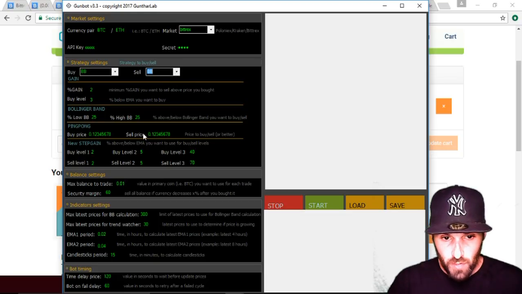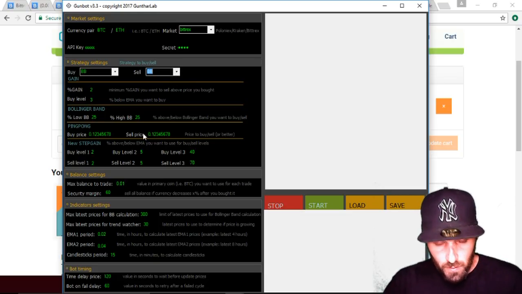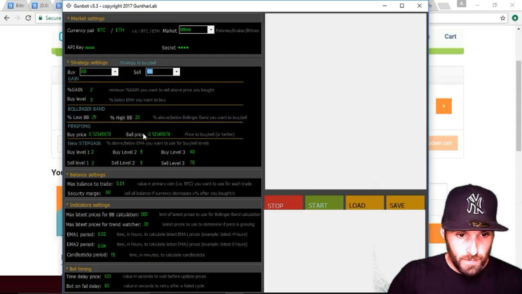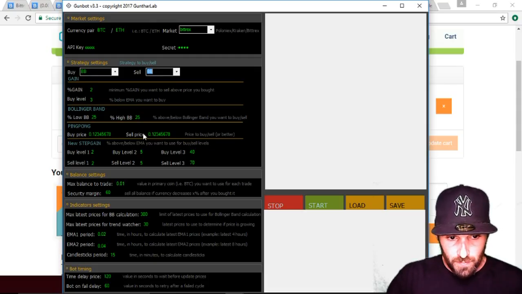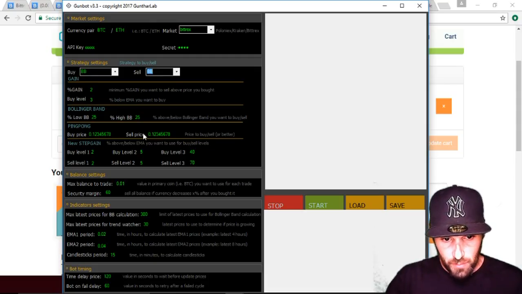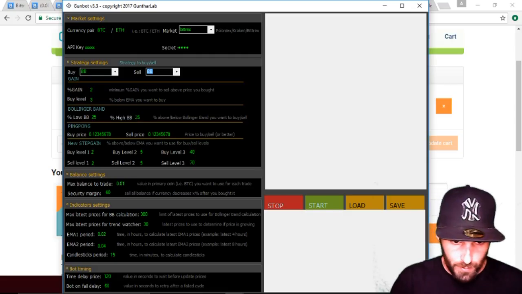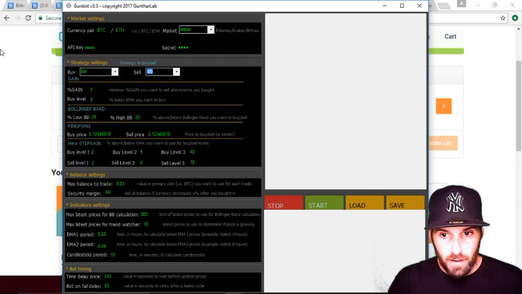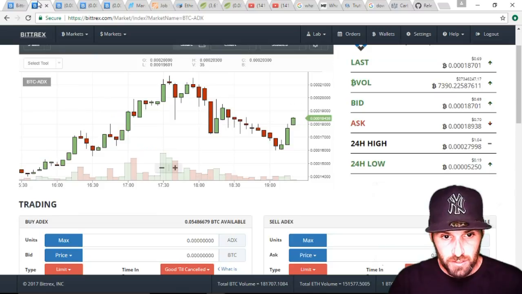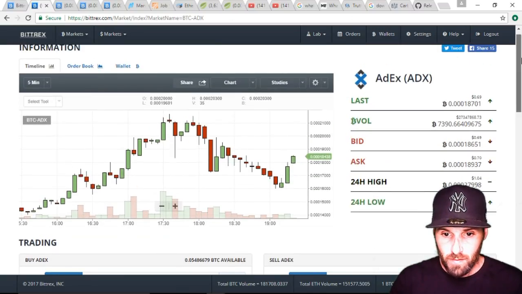Basically, it is going to read the band and trade within a percentage above or below the band, whatever percentage you set. So out of the box it comes 25% low, 25% high. And just to show you what exactly that means,